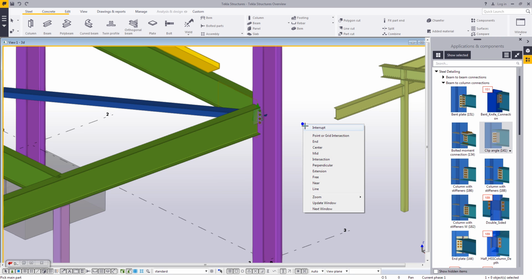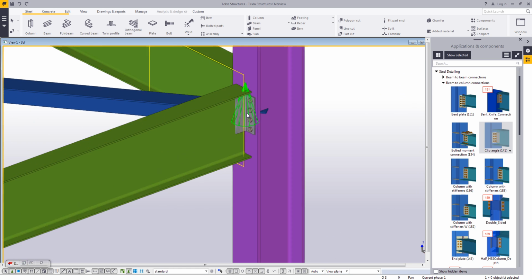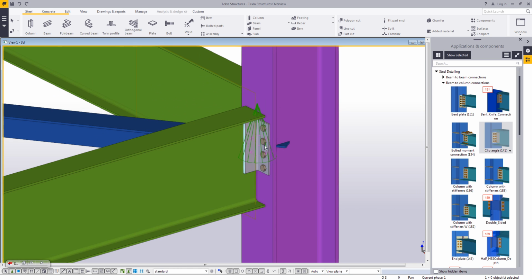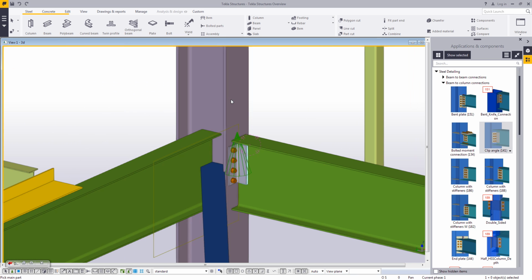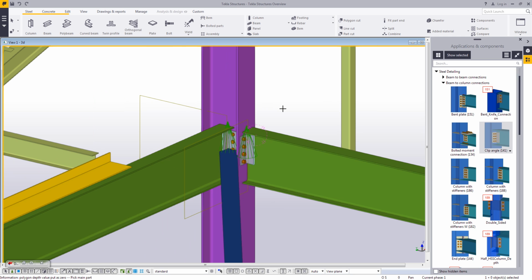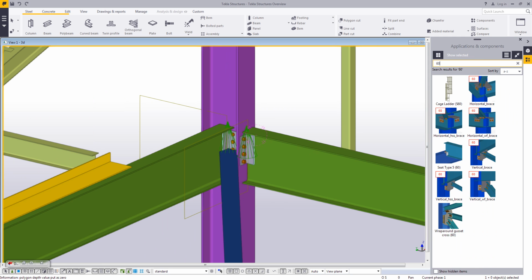So what it will do is look at those framing situations and generate a component based on that. So here you can see it's created a cut that shortened the beam, it created clip angles, it created a bolt group, we can see the weld on the back side. So I can just go through and very quickly apply the different types of connections that I want. If I wanted to do something like a bracing connection,